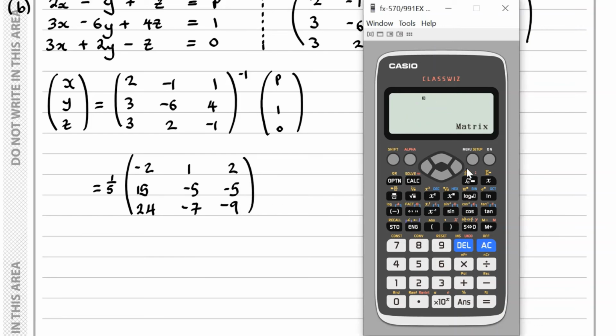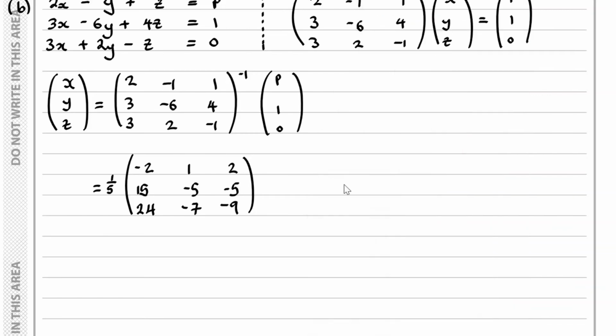Okay, and then we multiply this by p 1 0. Okay, so if we work this out, well, we'd still have this 1/5, and essentially we go across and then down, so we have minus 2 times by p, 1 times by 1, and then we have 2 times by 0,